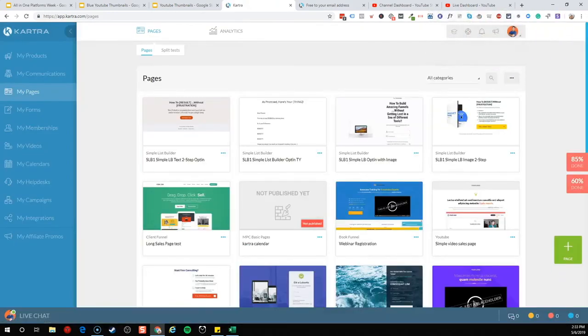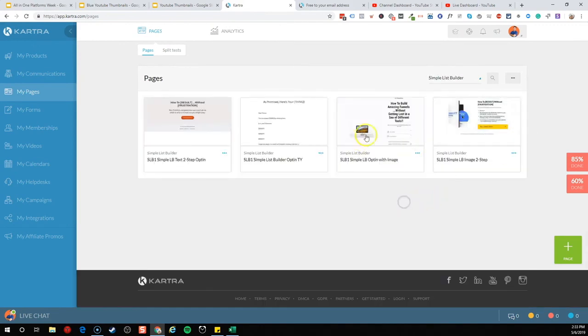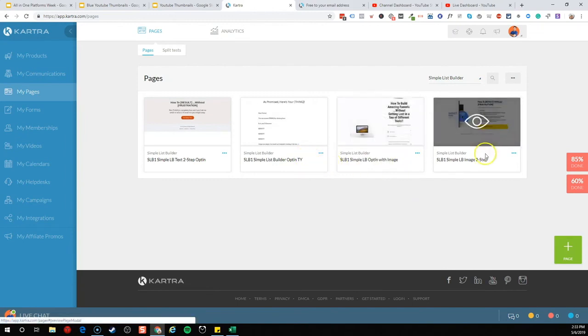And now let me just hide myself real quick while we're working on the screen. Now let's go back to our category. I really like that they have folders for all of your stuff. This was simple list builder. Makes it very easy to keep all your funnels together. Okay, so this is the one we edited, so we can come here to the